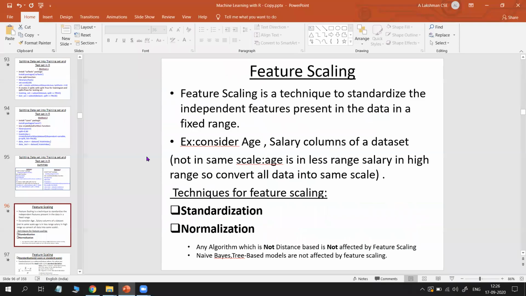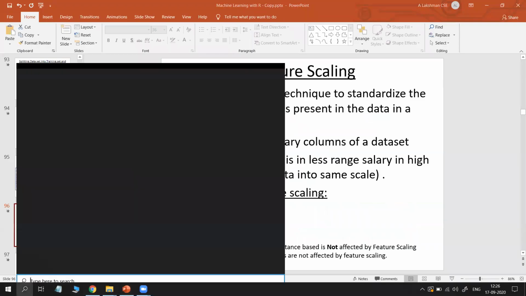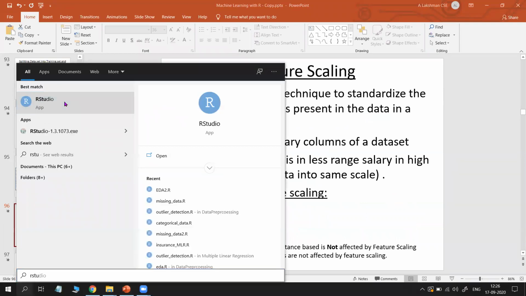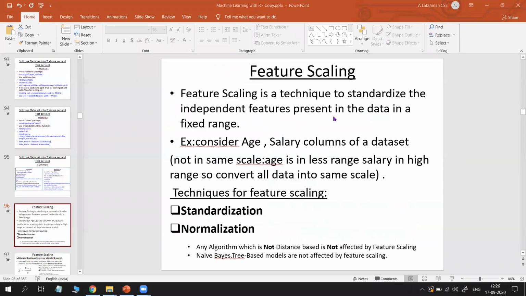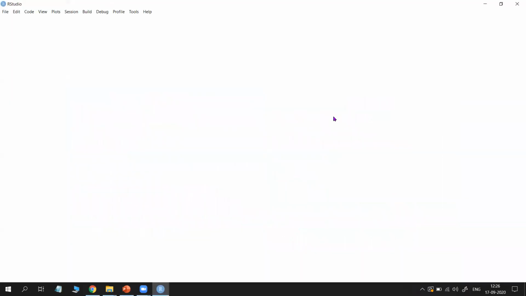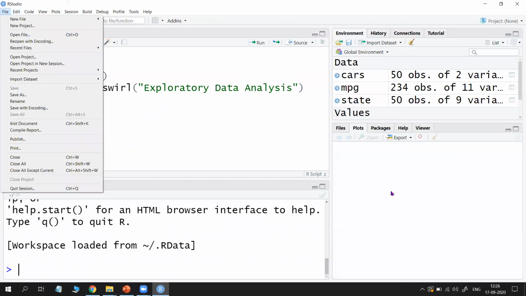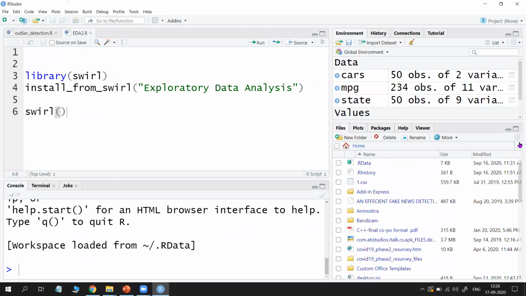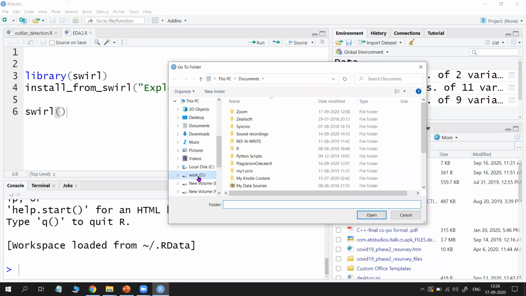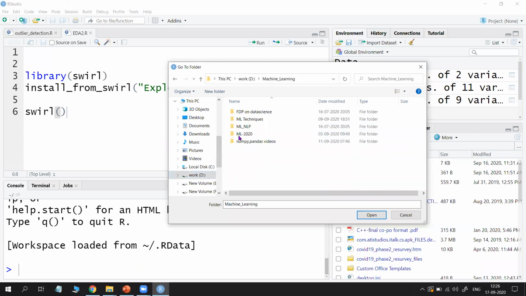Then we will come back here. So open my RStudio. First we need to set the current directory. How to set the current directory? Where my data set is, I will go to that folder.